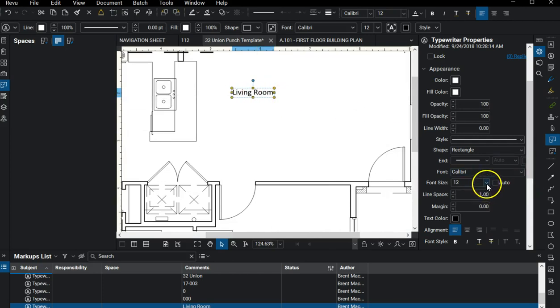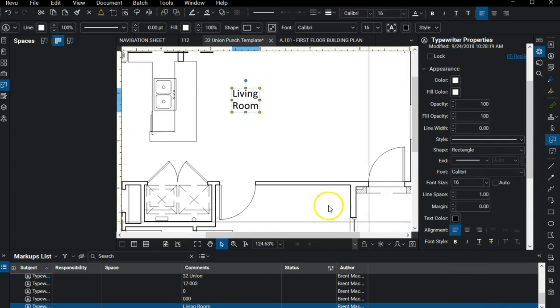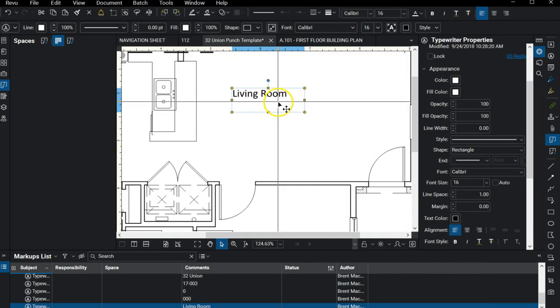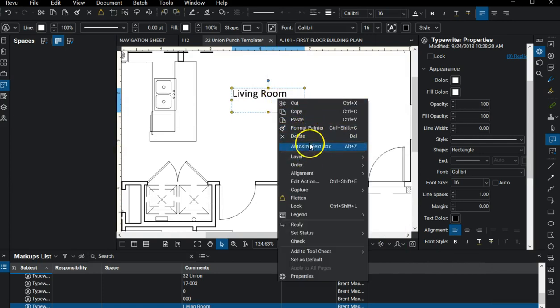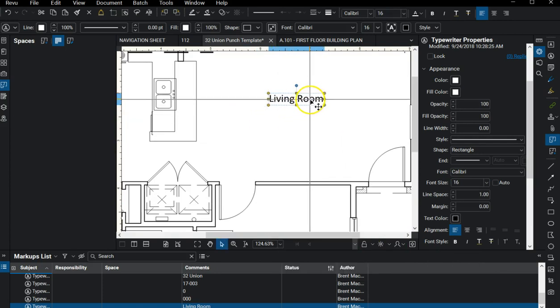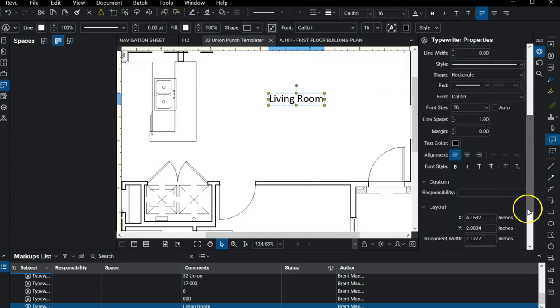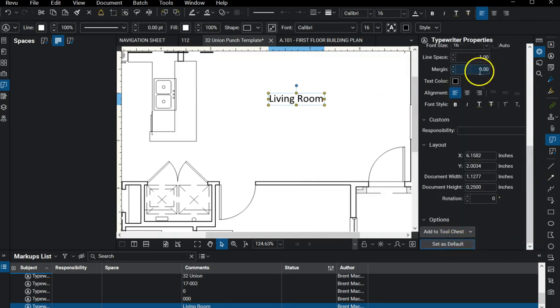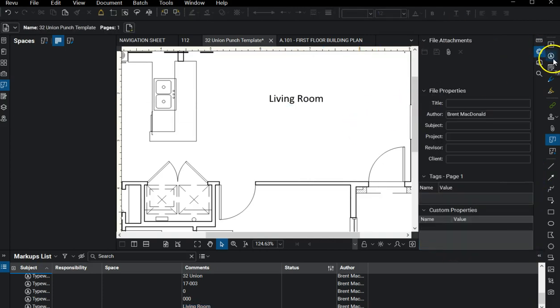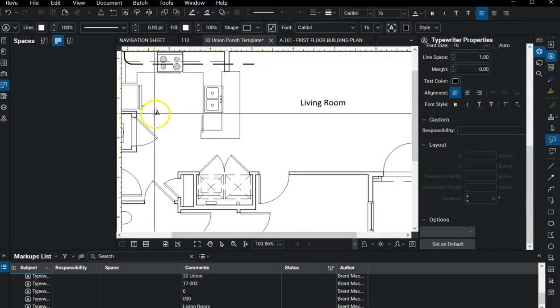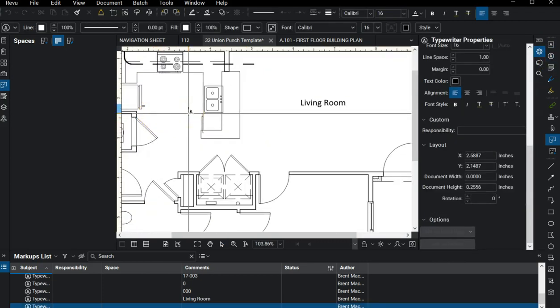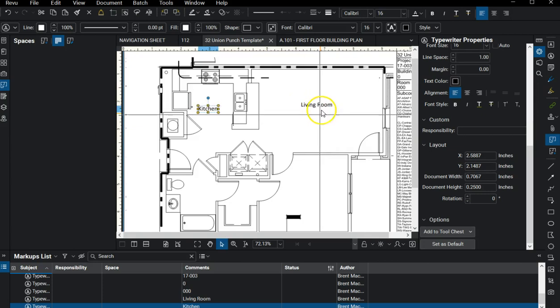So I can also come in here and change that to be a little larger. Auto size that text box. Now, the nice thing about Bluebeam too is that if I want to maintain that same size, that same formatting, I can do a couple of things here. I can set that as default for one. So now anytime that I grab that typewriter, it's going to have those same characteristics or attributes about it. So I go through here and label all these,